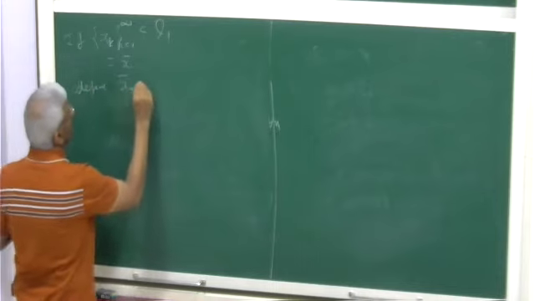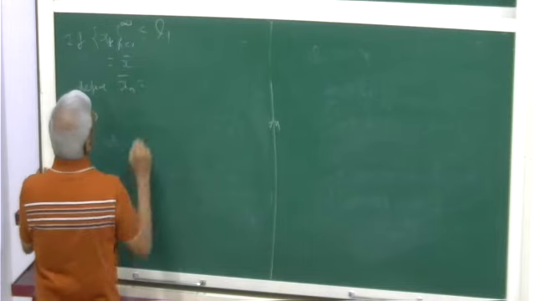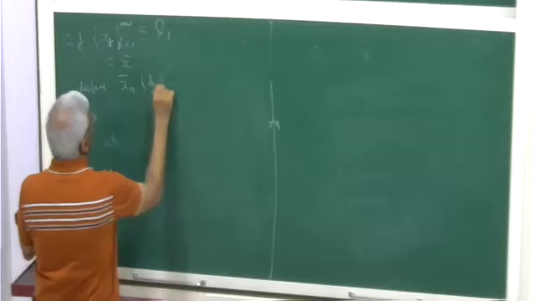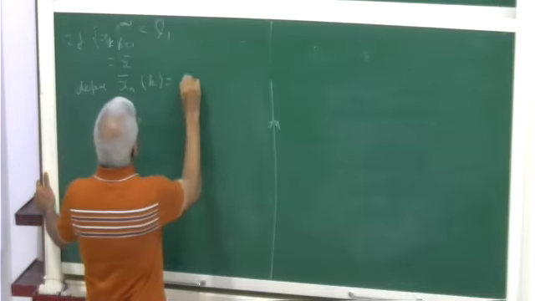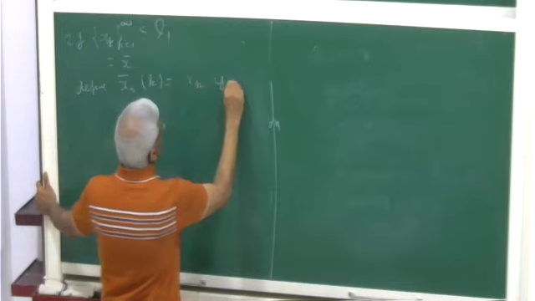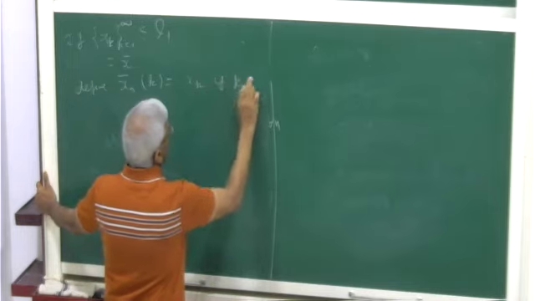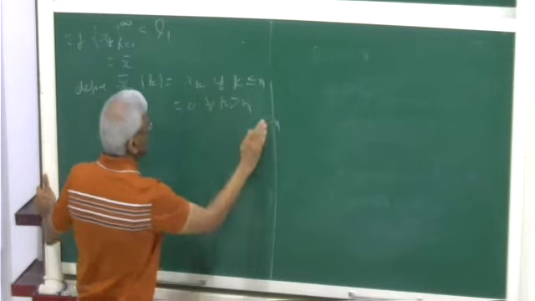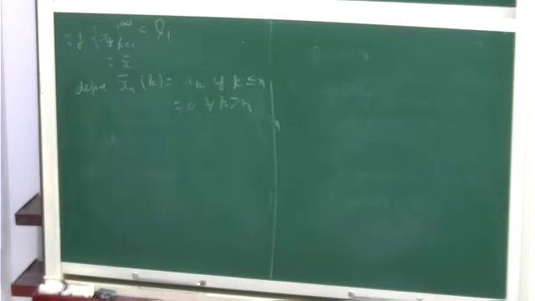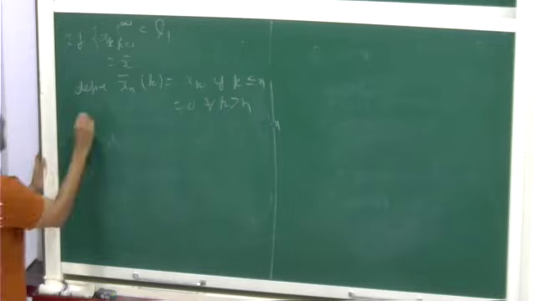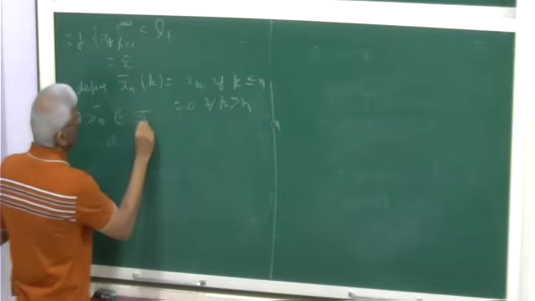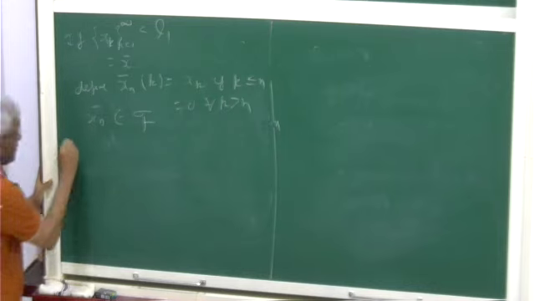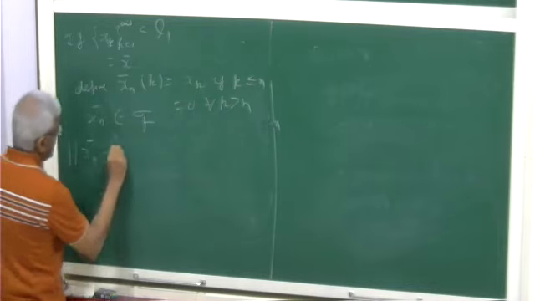xn bar, where xn bar at k equals xk if k is less than or equal to n, and equals 0 for all k greater than n. Then xn bar is in this finite set. Now you take xn bar minus x bar,